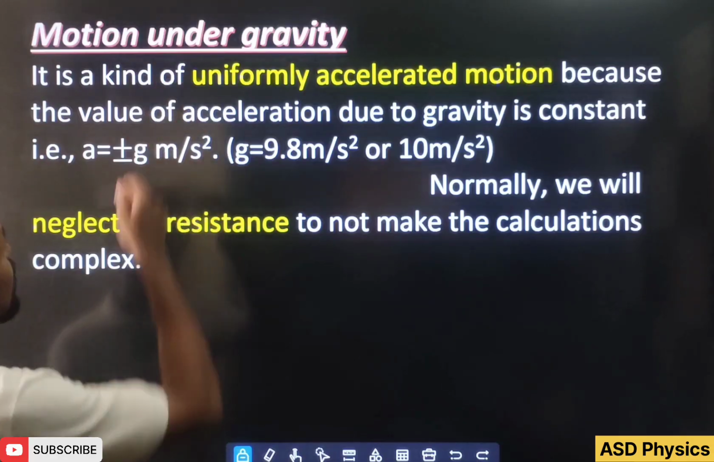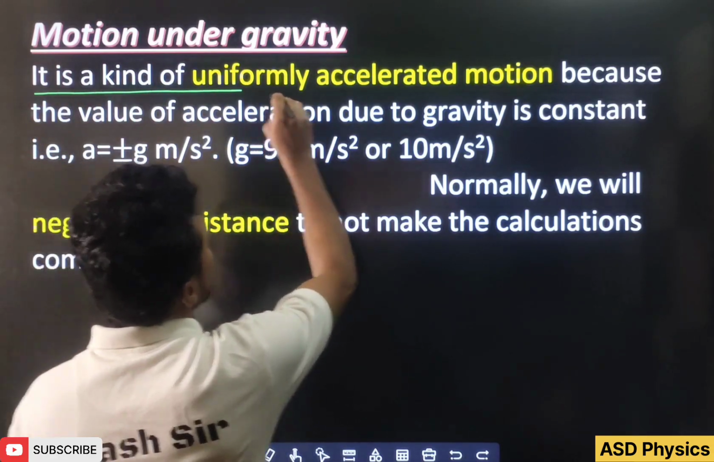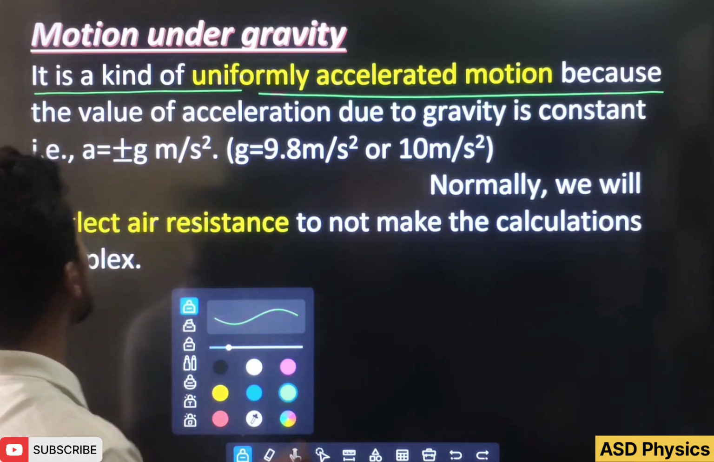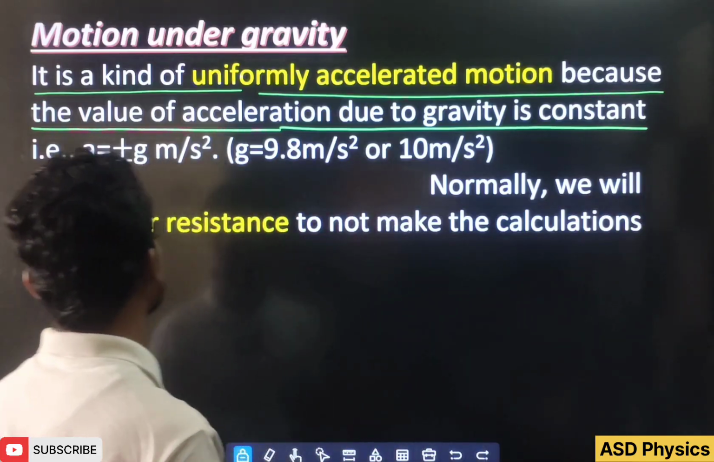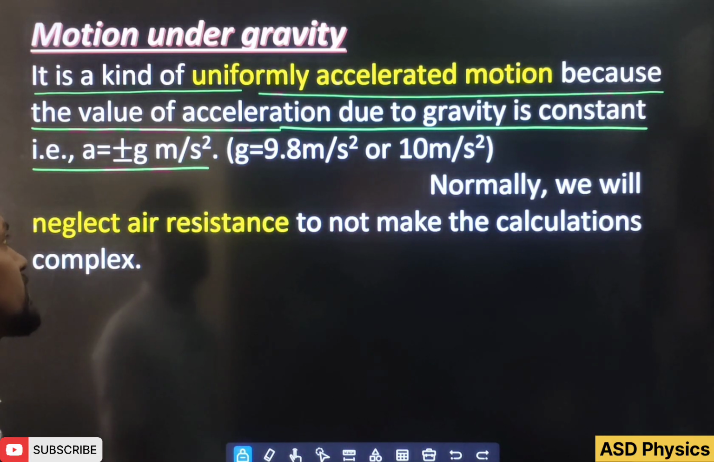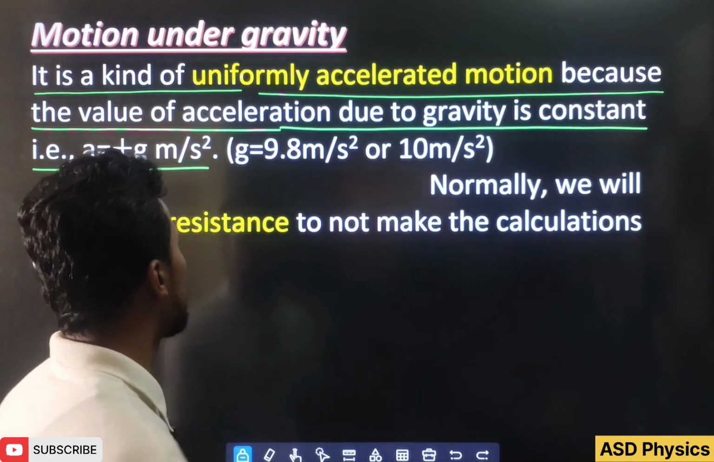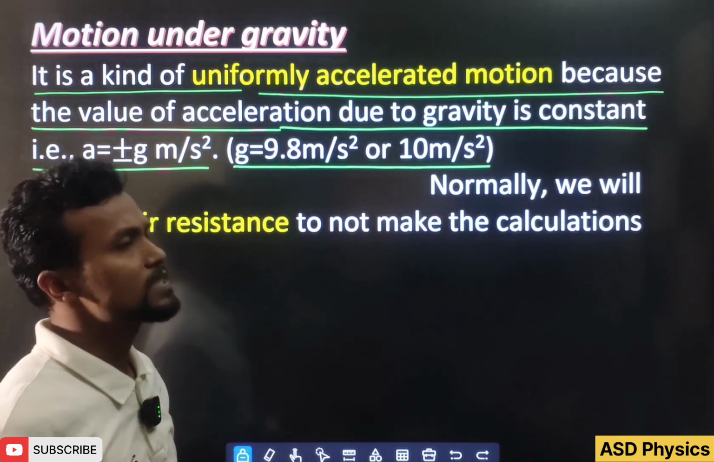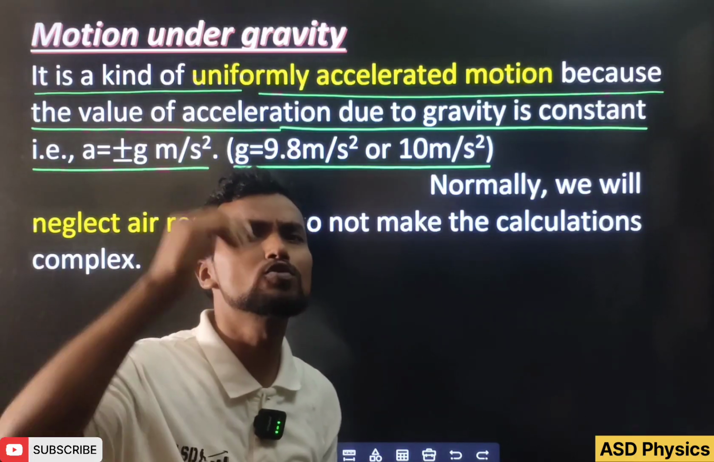So here you can see the topic is motion under gravity. It is a kind of uniformly accelerated motion. Why? Because the value of acceleration due to gravity is constant, and here we will use a equal to plus or minus g meter per second square, depending upon the sign convention, sometimes plus, sometimes minus. And you know very well the value of g, how much? 9.8 meter per second square on the surface of the earth, or near to the surface of the earth,